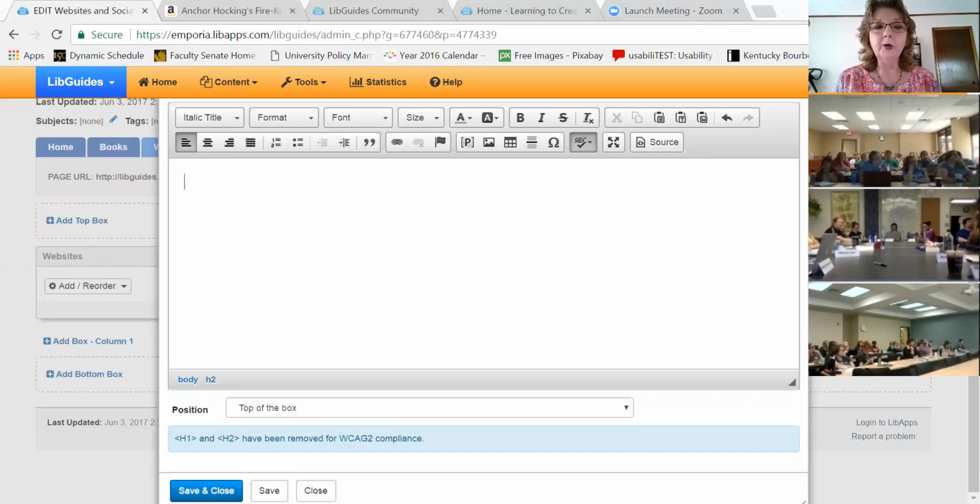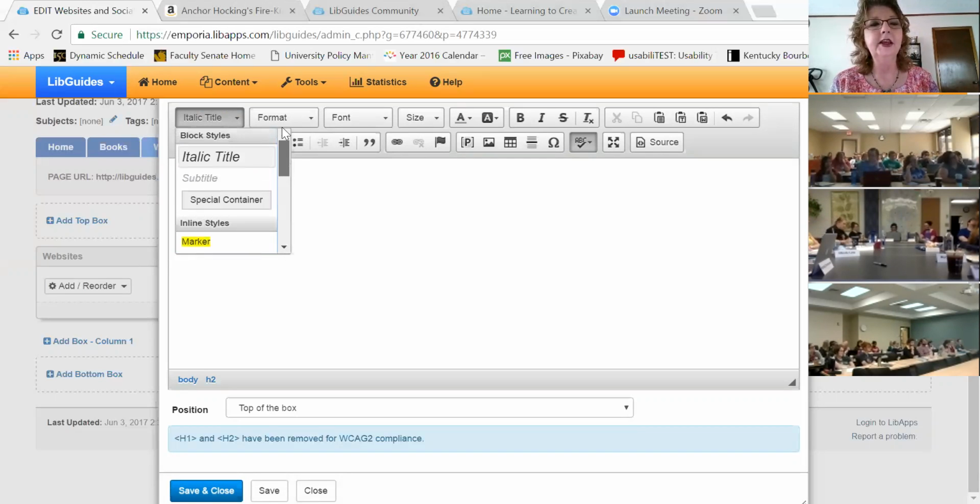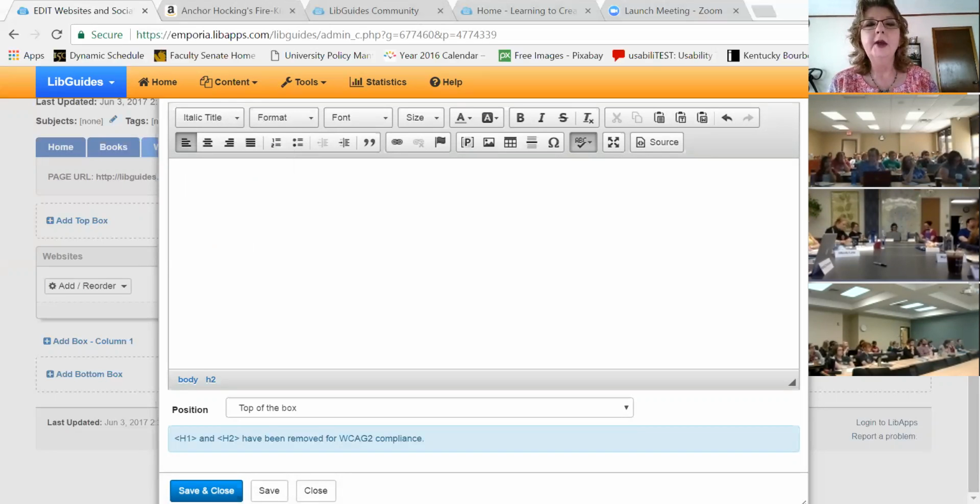After I create a few more things on this particular LibGuide, I'm also going to show you how you can preview your guide as you go along. So if you don't like the way something looks, you can always change that and go back and experiment with that all over again. Okay, I'm actually going to get rid of this here. Okay. And one thing I wanted to show you, because I always get a lot of questions with this assignment,